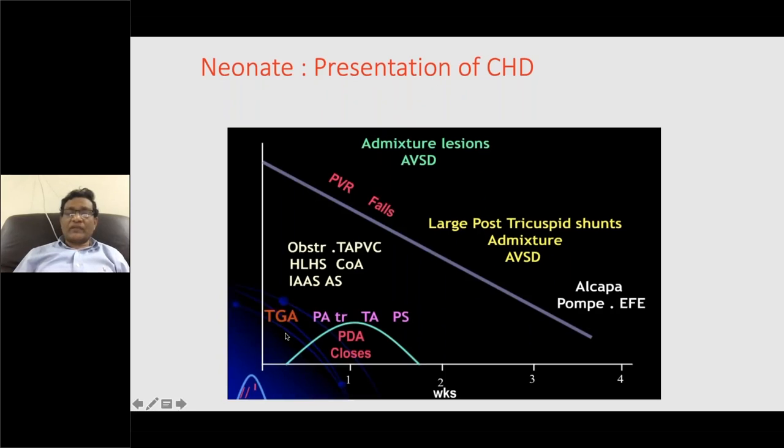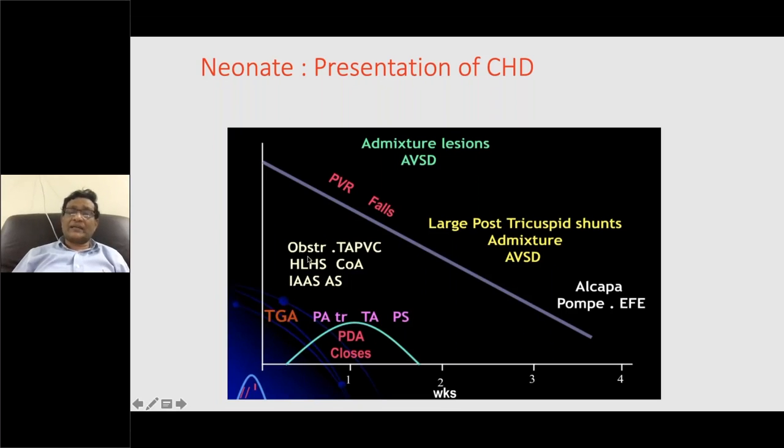In transposition of the great vessels, what will happen if the ductus arteriosus closes and the foramen ovale closes? There will be complete parallel blood circulation. Oxygenated blood from the pulmonary veins comes to the left atrium, left ventricle, and then to the pulmonary artery. Deoxygenated blood goes from the right ventricle to the aorta. There won't be any mixing, so they present very early in life. Similarly, obstruction to the systemic outflow, total anomalous pulmonary venous return, hypoplastic left heart syndrome, coarctation, interrupted aortic arch,